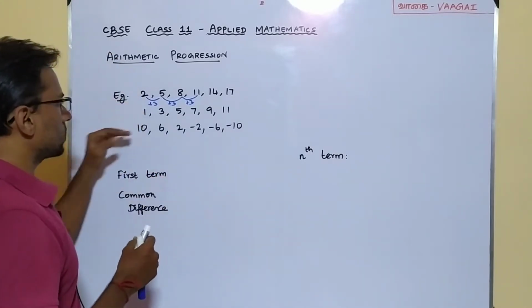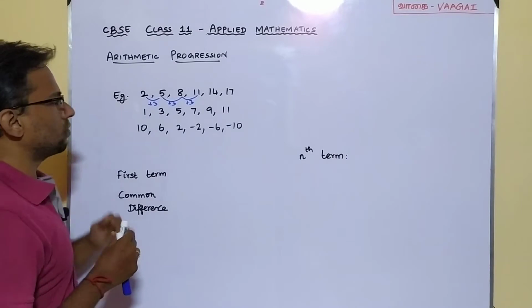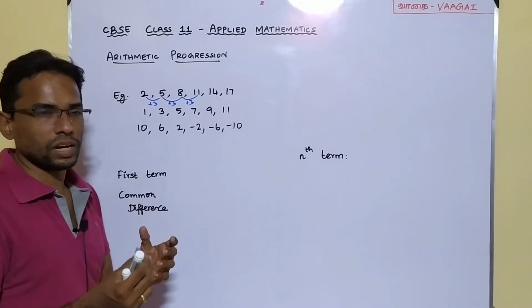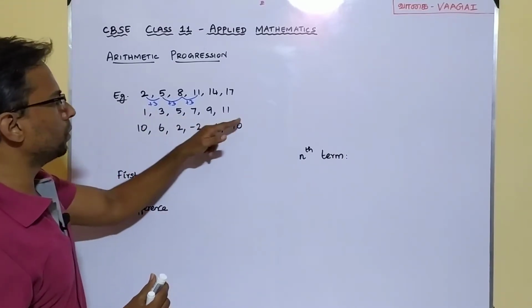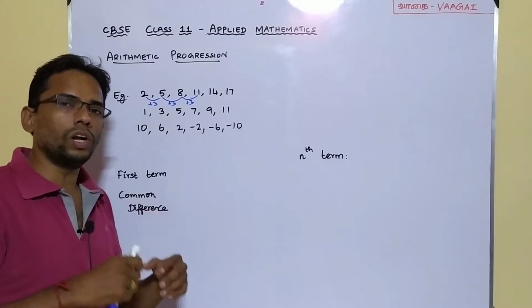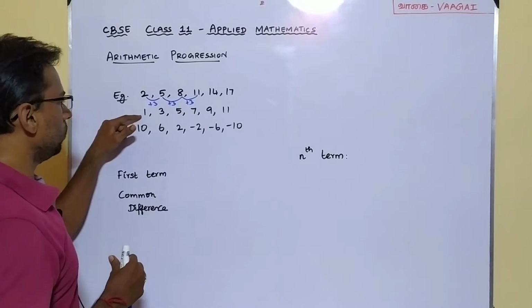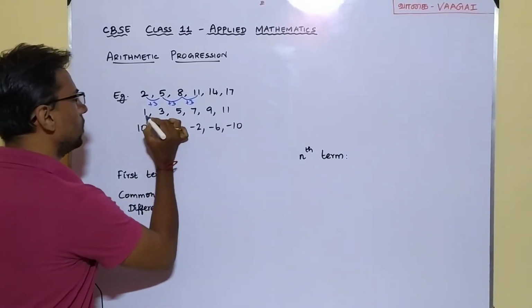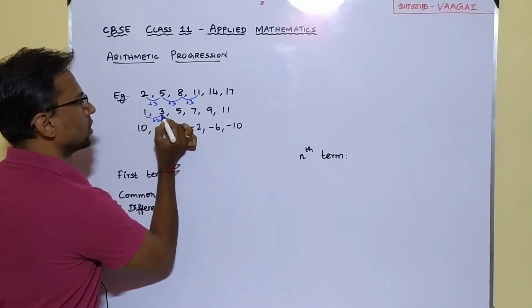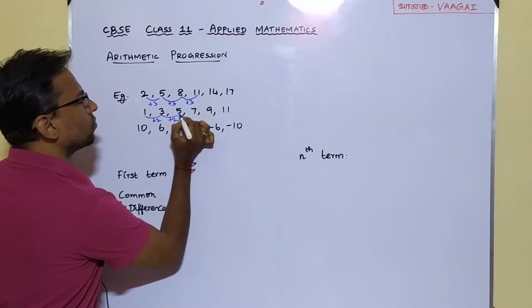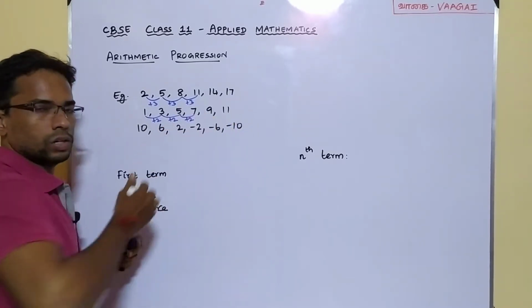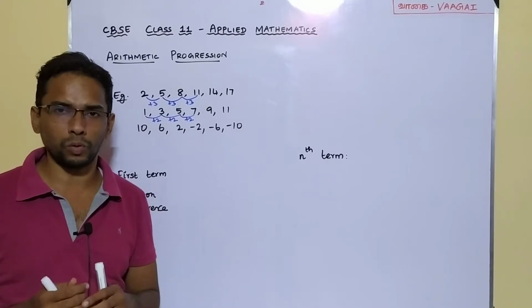You can see the other examples also. The second sequence is a very familiar sequence, right? You can see odd numbers here. The sequence of odd numbers also forms an arithmetic progression. If you see here, we have 1. From here if we start, 1 plus 2 will be this 3. 3 plus 2 will be 5. 5 plus 2 will be 7 and so on. So this is again an arithmetic progression.